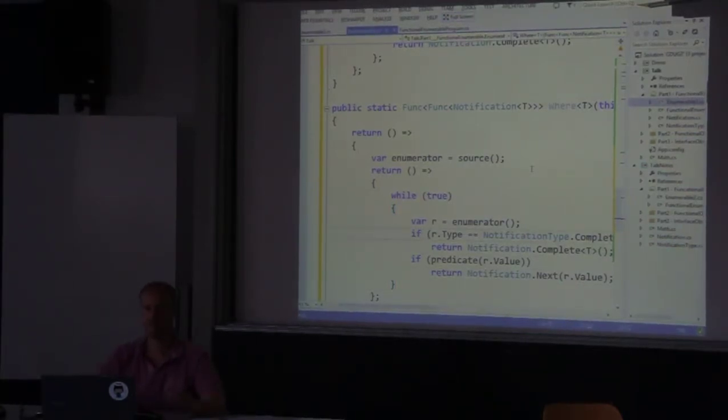Imagine that there are, I don't know, a sequence of 10 items and the first 9 are false, the last one is true. And your filter is select all the truths. You would only want to call this once, you would only want to call move next once to get to the thing that passes the filter. So in that circumstance,